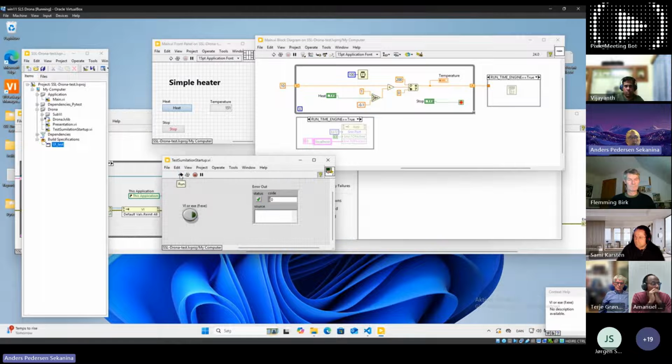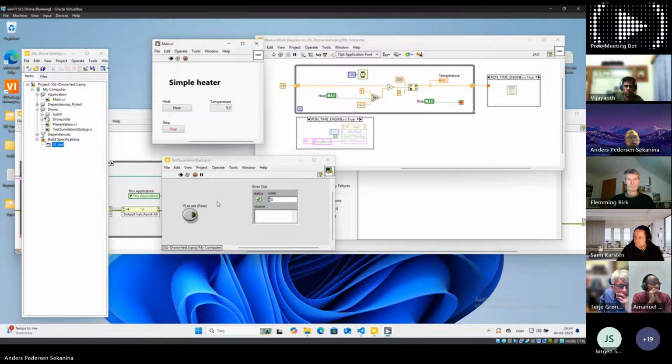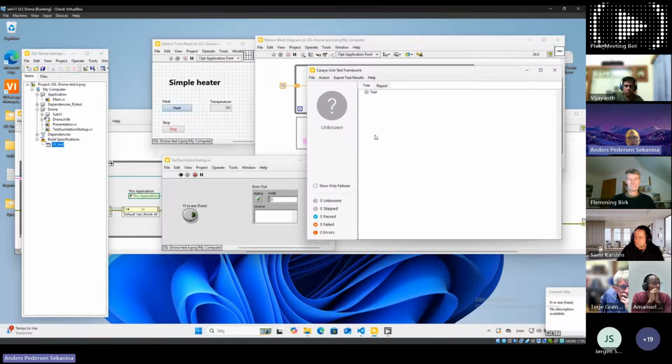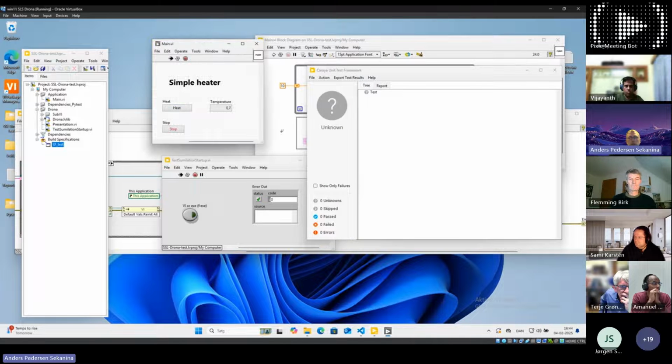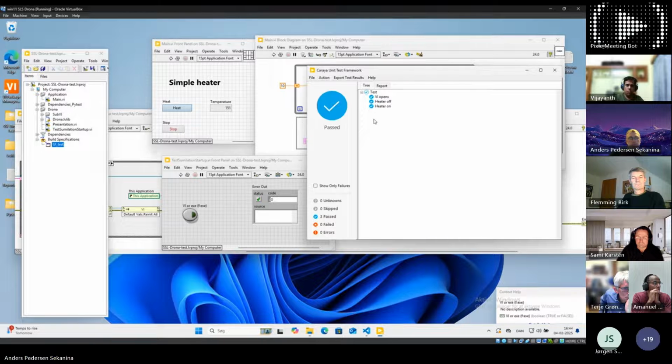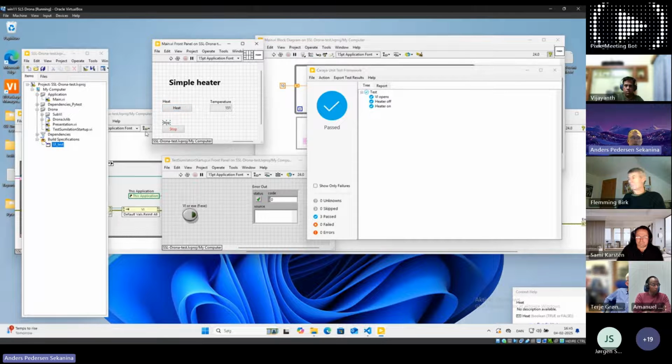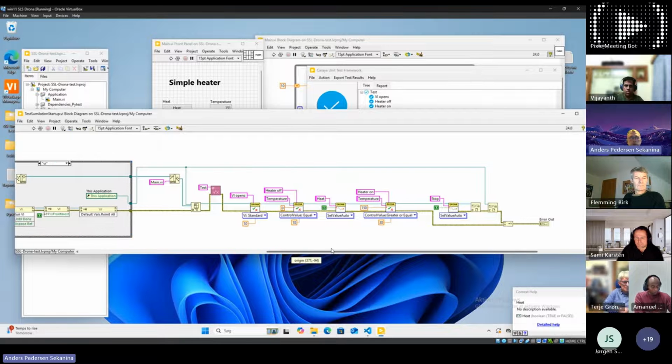Should ensure that we have enough time. Yeah, we are doing the same. Getting such one here. You can see it's testing and it's then heating up again. And it's passing in some time, and it should pass that it's actually running. It's working out of the box. It's actually working very simple. So for LabVIEW developers, I think it's a very good way to do it here, just with SSL Droner.